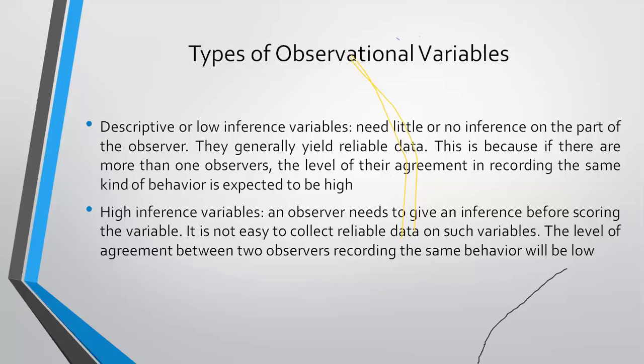In descriptive variables, there should be no inference or little inference made, in the sense that you just have to observe something, then what you have observed, you write it down. Descriptive or low inference variables need little or no inference on the part of the observer. They generally yield reliable data. This is because if there are more than one observers, the level of their agreement in recording the same kind of behavior is expected to be high. Because you have not interfered,